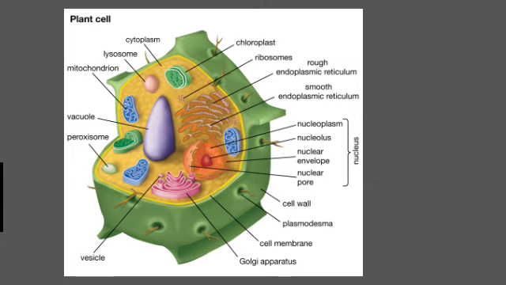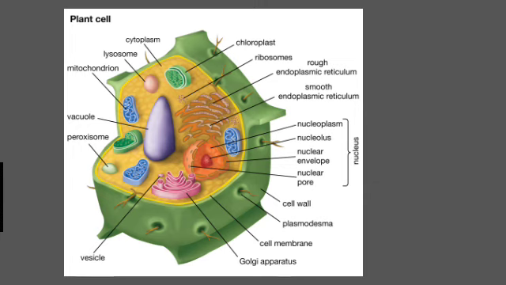How does a living cell perform these basic functions? We know that in multicellular organisms there is a division of labor, such as in human beings. It means that the different parts of a human body perform different functions. For example, the human body has a stomach to digest food, a heart to pump blood, and so on. Similarly, division of labor is also seen in a single cell.